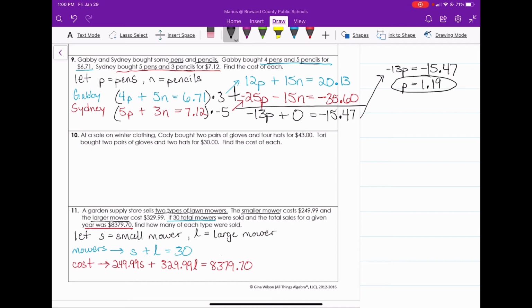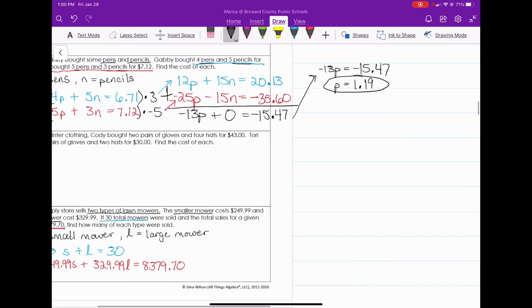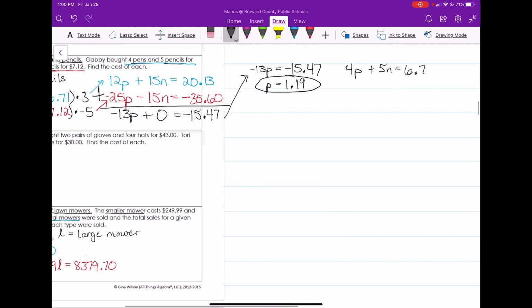Now that we know what p is equal to, we need to plug p into one of the equations. I'm going to plug p back into the first equation. So the first equation reads 4p plus 5n equals 6.71. And we know that p is equal to 1.19, so that's going to be 4 times 1.19 plus 5n equals 6.71. So 4 times 1.19 equals 4.76 plus 5n equals